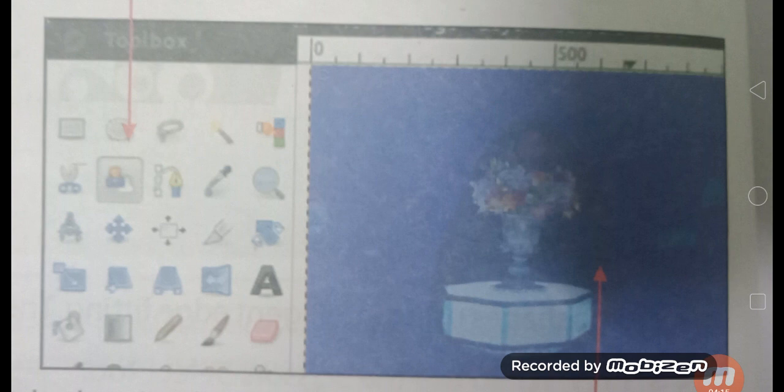It is shown by the arrow. And then make a circle around the object you want to select by dragging the pointer. This is the work of the lasso tool. As soon as you release the mouse button, the unselected part of the image, that is the background of the image, is covered with a dark blue mask. Now you can't see anything in the background, only dark blue color. The mouse pointer now goes with the paintbrush for the next step. Now the lasso tool will turn to the paintbrush tool.